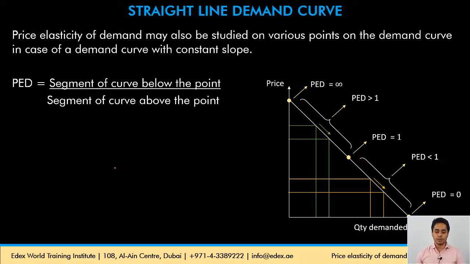Let's say we have two situations. First, a consumer is moving from point A to B, and then the consumer is moving from point C to D. The change in price when the consumer moves from A to B is, let's say, X, a certain value, and for that change in price, the change in quantity is Y, again a certain value, just assuming. When the consumer is moving from C to D, let's say the change in price is again X. Since it's a straight line demand curve with a constant slope, the change in quantity demanded will also have to be Y here. Try to calculate the PED values at point A and C.